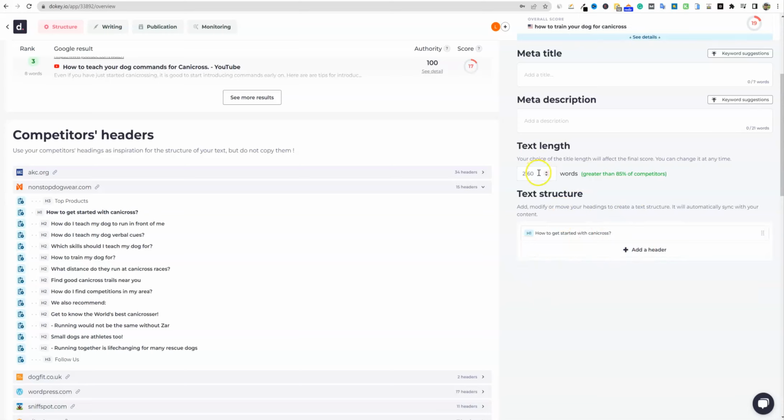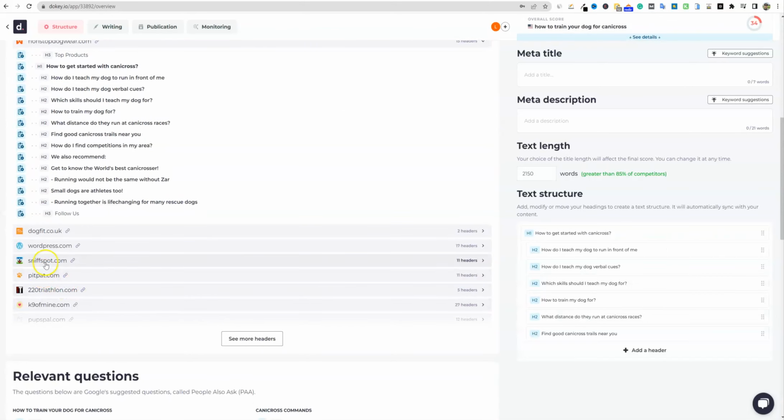It's telling us right here that it wants 2,100 words. You can actually change this if you want, but we're going to just leave it right there. Greater than 85% of the competitors if you go with the 2,100 words right there, and so forth. All right, so we're going to go and look at this, and let's just for fun, we'll just go and click some, and then we'll go down to another one.